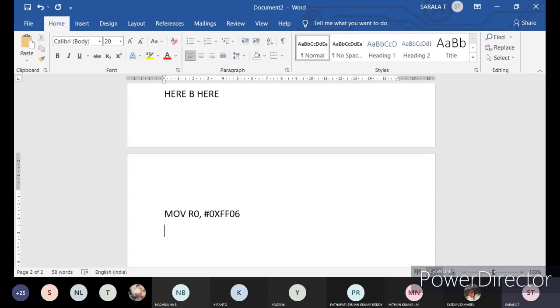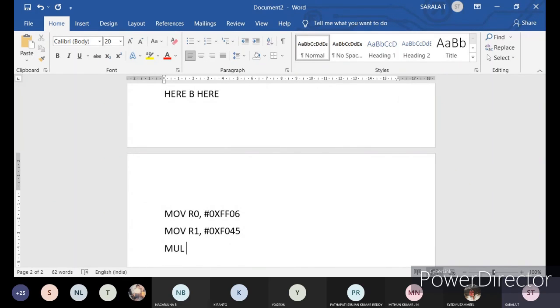what we can do, one more value you want, because two 16-bit values I want now. That's why move R1, comma, hash 0x F045. Any value I can give. Okay, these two values you have moved already. R0 and R1 are having two 16-bit values. Direct values are there. Then no need to store or load from any memory. Directly go for multiplication. How to do multiplication? How can we do it?